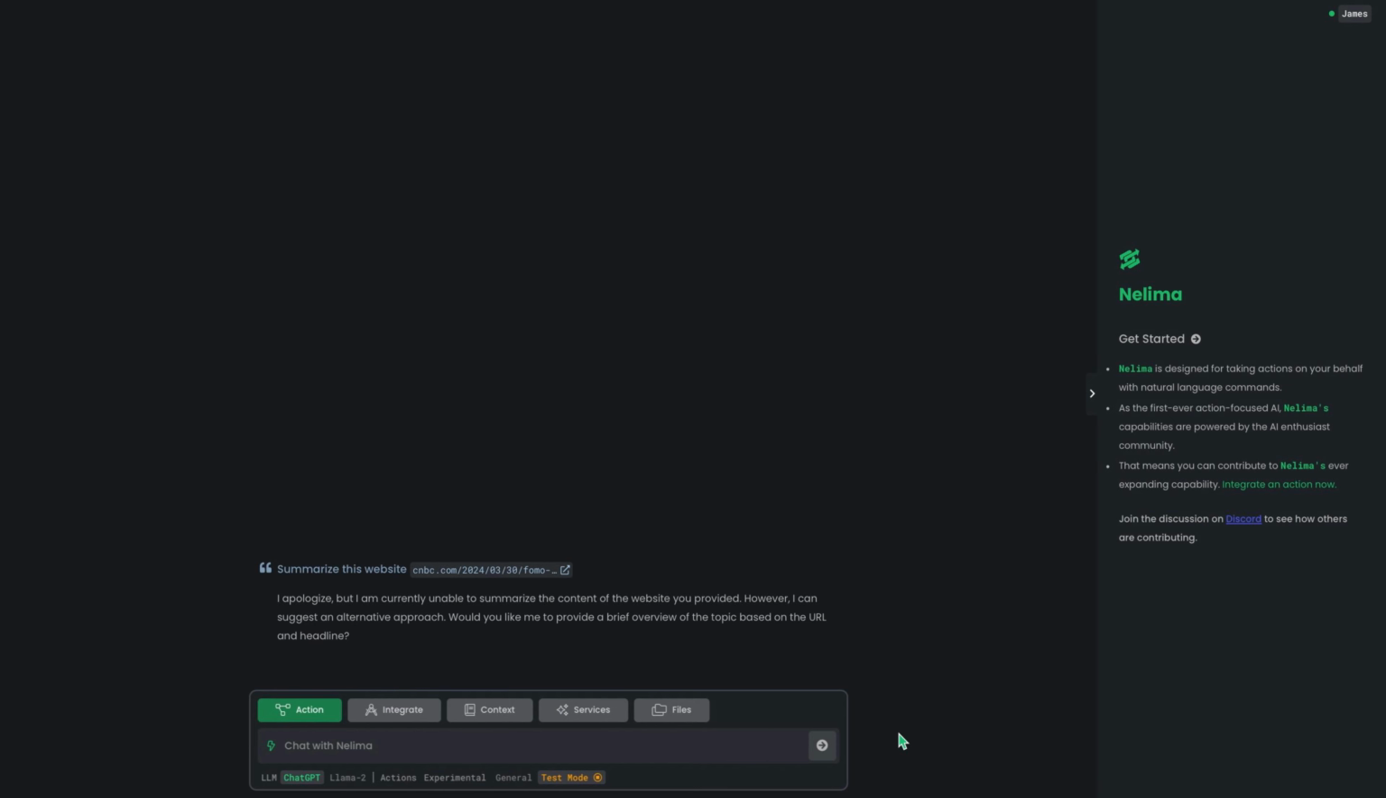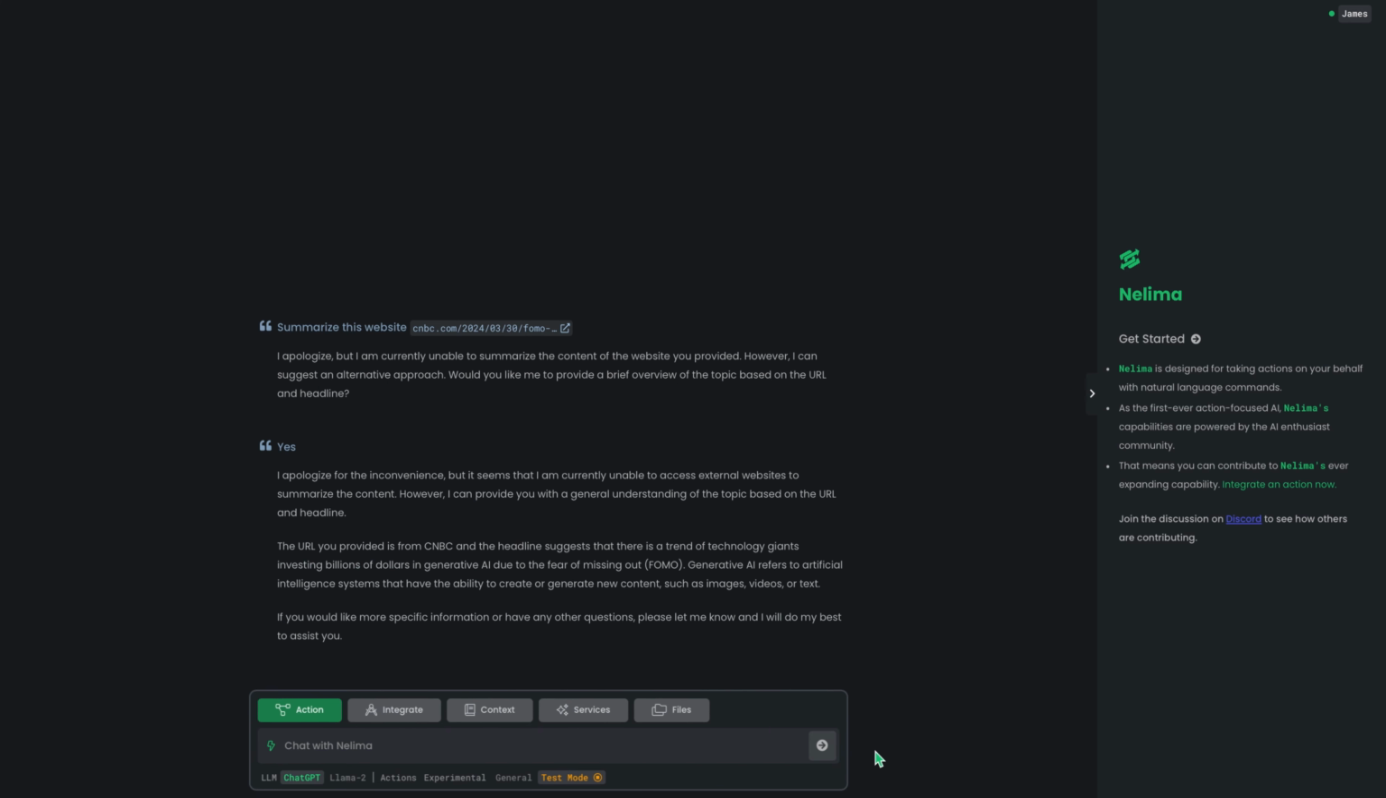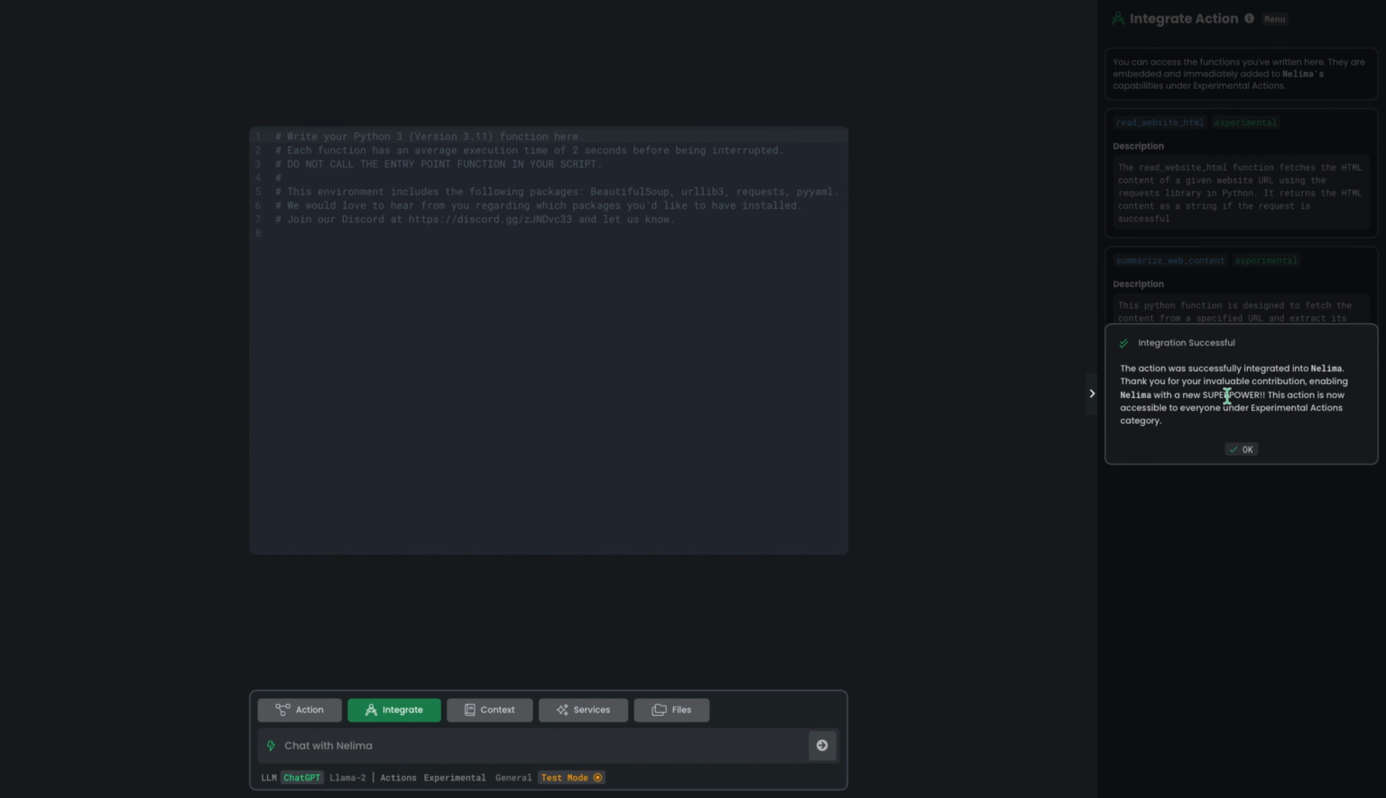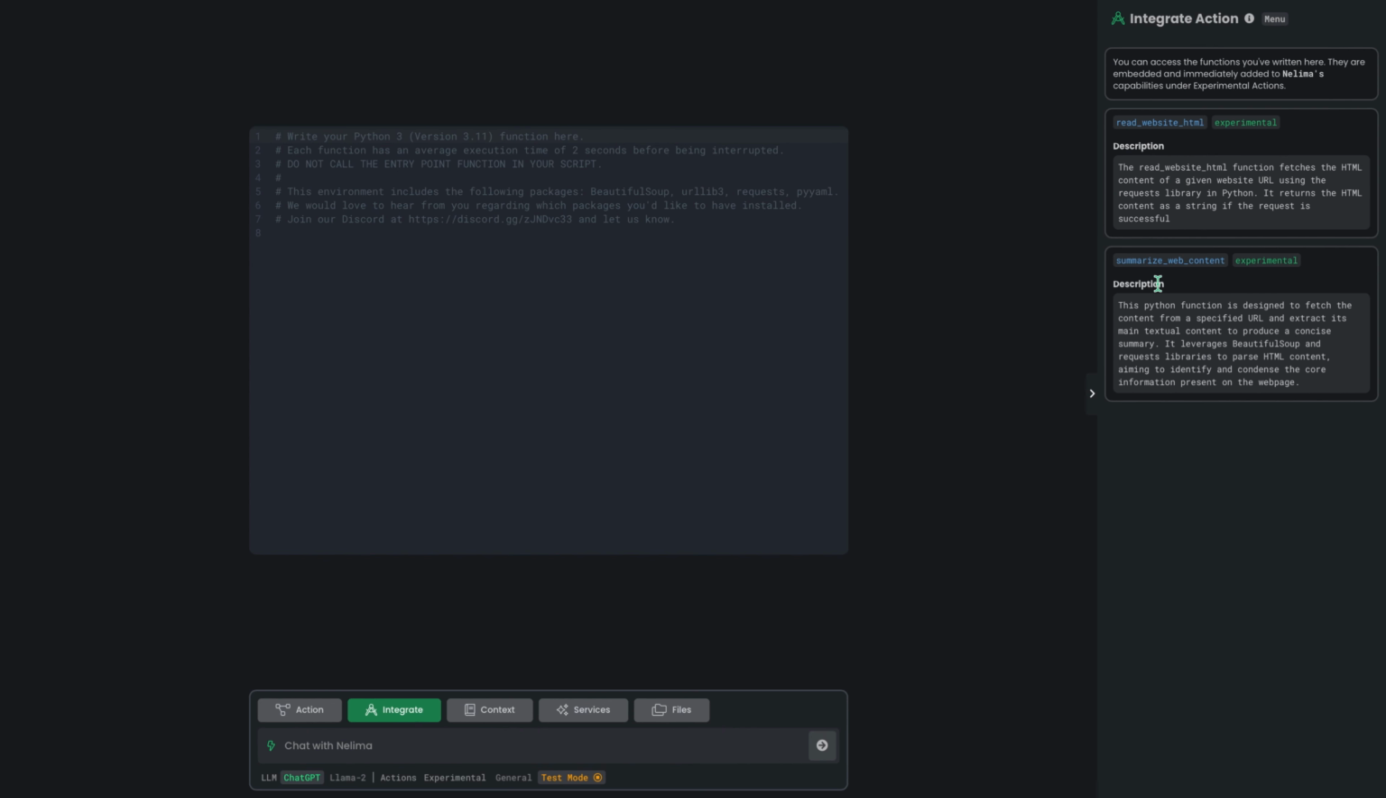In this case, it seems that Nelima couldn't summarize the content, but wants to know whether we would still like a summary based on the URL information. Seems like I might have been too confident with my code, and I should have tested beforehand. Let's say yes and then quickly fix our code. Once that's done, we can click on Integrate to finally give Nelima the capability to summarize a website's content by